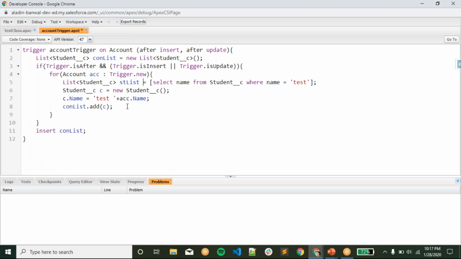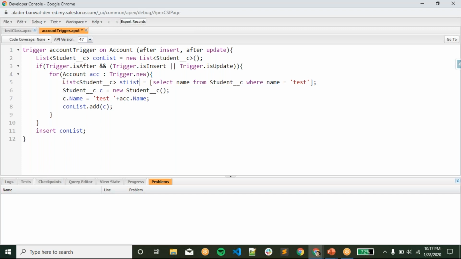Asynchronous Apex is another topic, maybe for tomorrow's part, so we'll come to that. But there will be 200 SOQL in asynchronous Apex, and in synchronous there will be only 150.